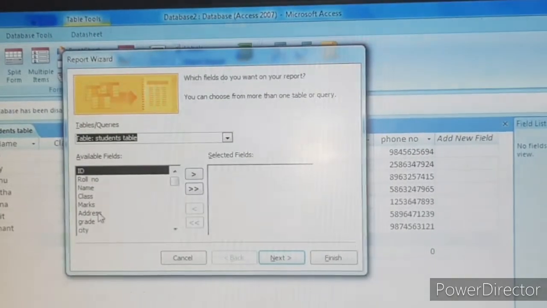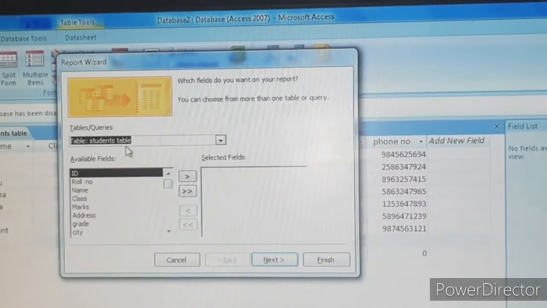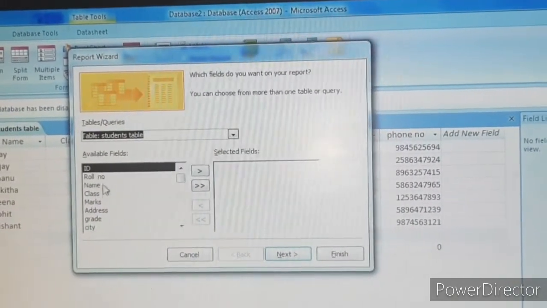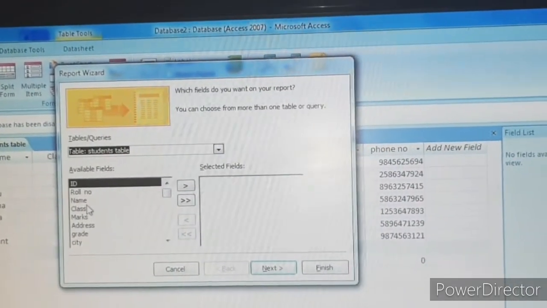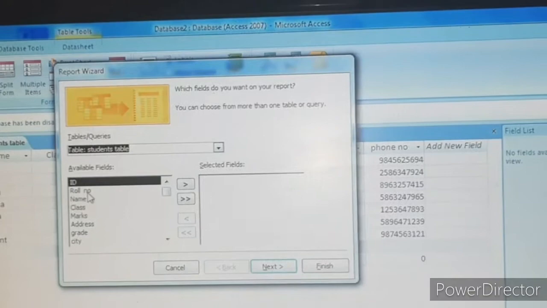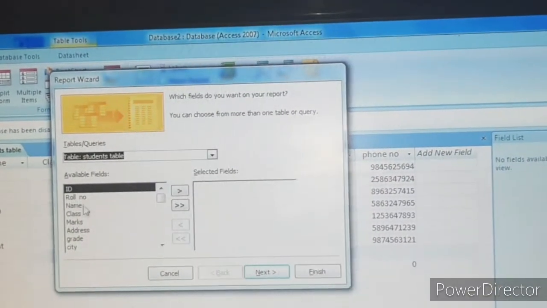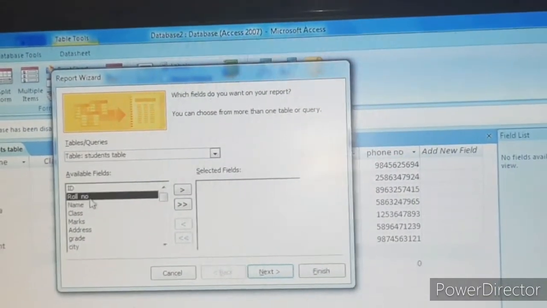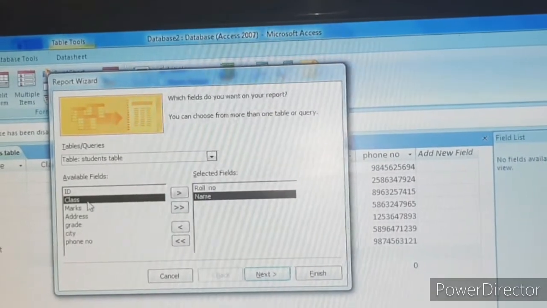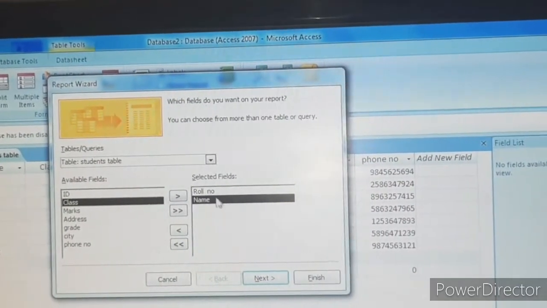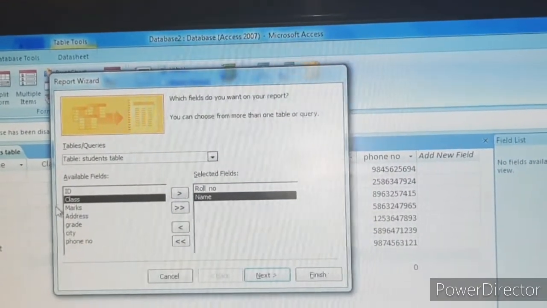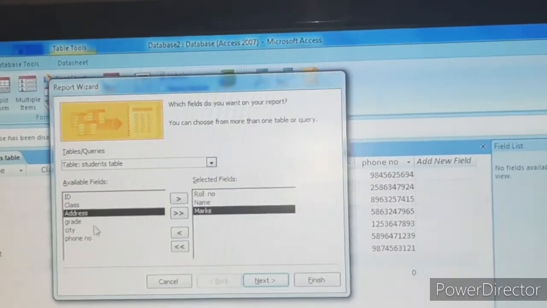After selecting the table, just see these available fields. Whatever fields we are having in that table or in that query, you can see all of those here. Whatever fields you want in the report, double click on that field, children. Here I want roll number, so double click on it. If you double click on it, you will get that selected field here. I want marks like that.